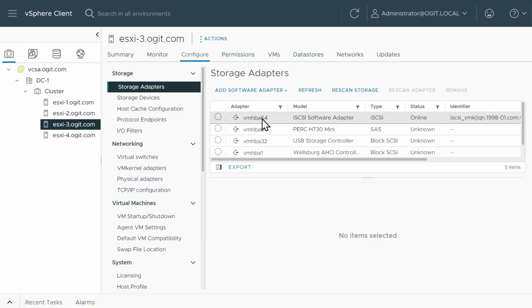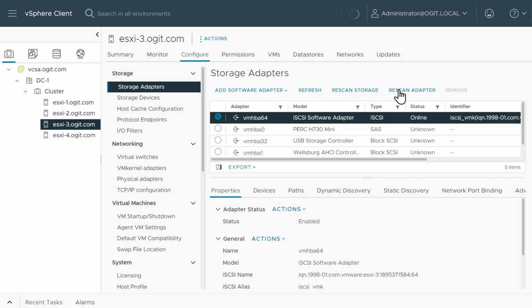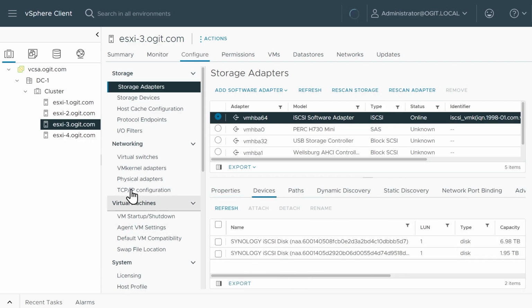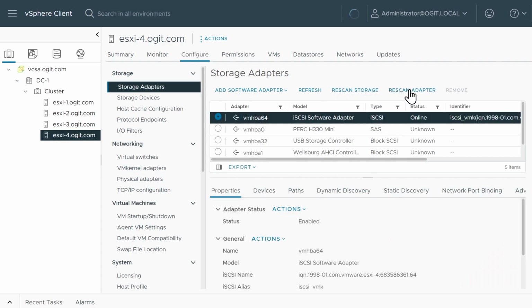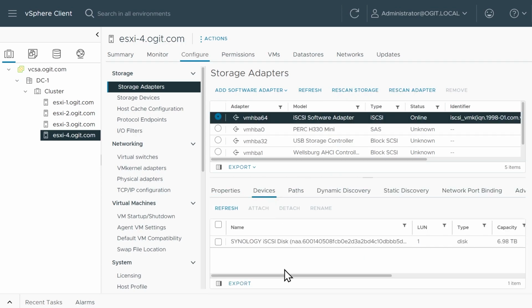So we'll go to ESXi 3, same thing. Rescan the adapter, and click on Devices, and it sees both. And click on ESXi 4, click on the adapter, click on Rescan Adapter, click on Devices, and it sees both as well. Fantastic. All right, so now all my 4 ESXi hosts, all 4 rack servers can see that new device, but